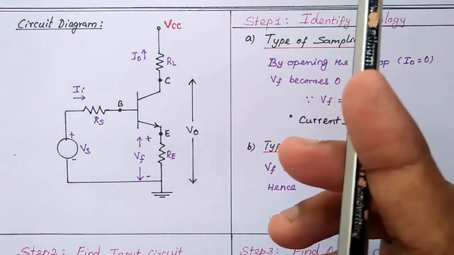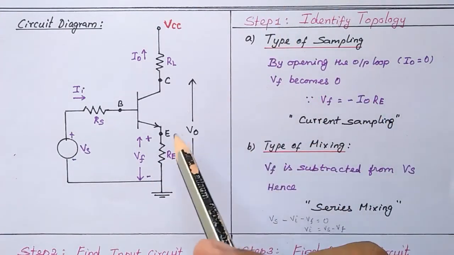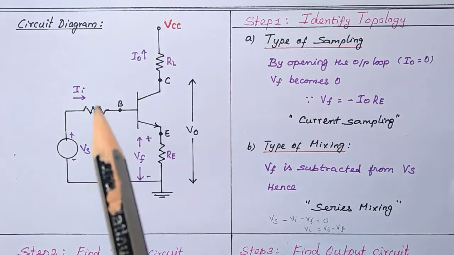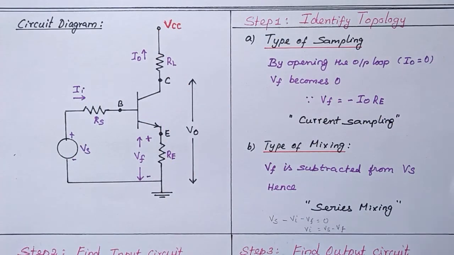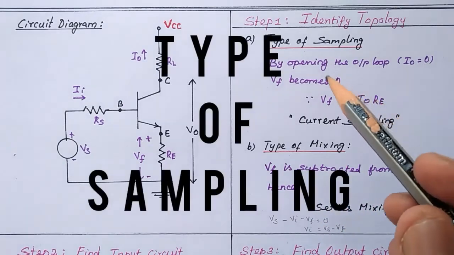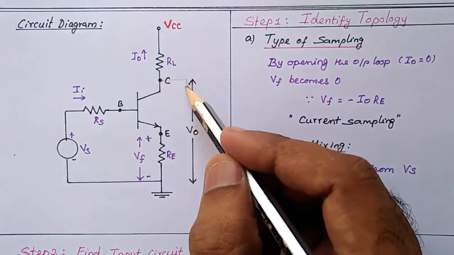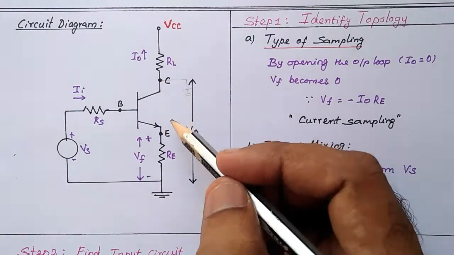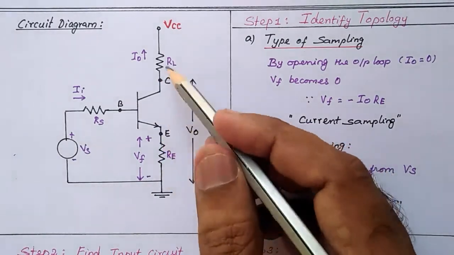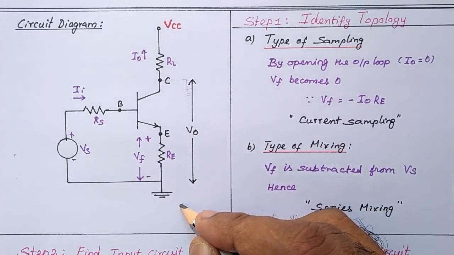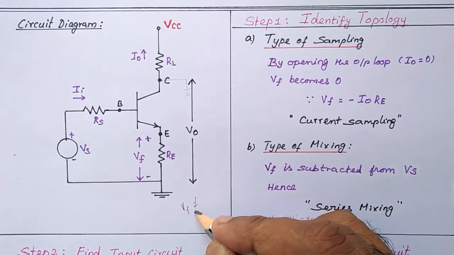So already we have said current series feedback amplifier, but we have to justify here that this common emitter configuration with unbypassed RE is the example of current series feedback amplifier. For that I have to prove that in the output, current is sampled and the feedback signal is connected in a series mixing fashion. For that I am taking 2 parameters. First I try by making this terminal as ground. So nothing happens here because the feedback element is present here. So the I0 current flows through this, hence the feedback signal VF does not become 0.